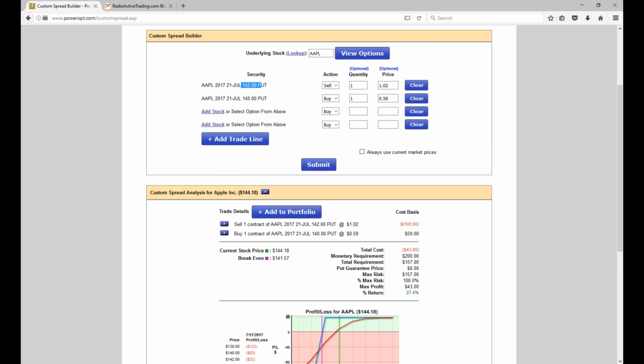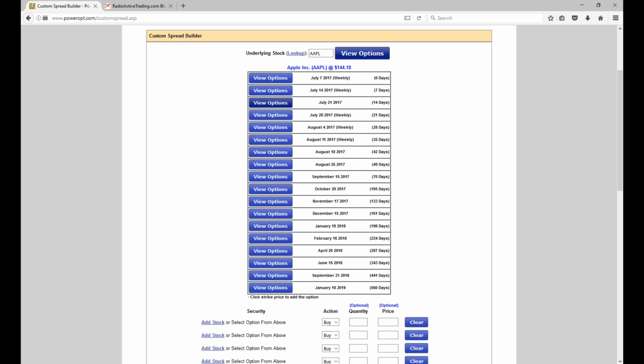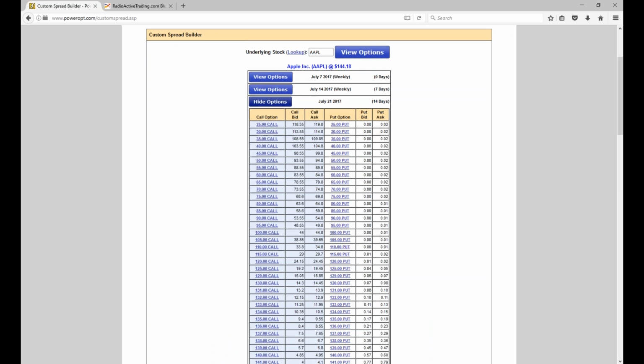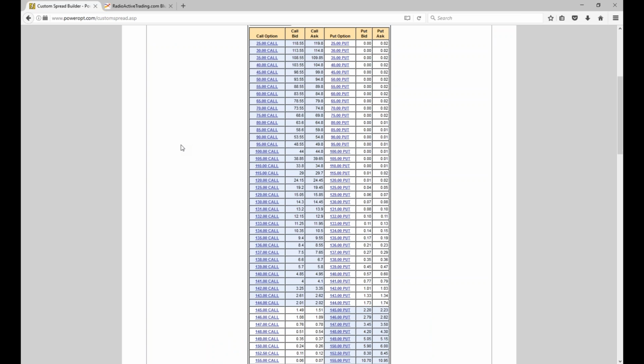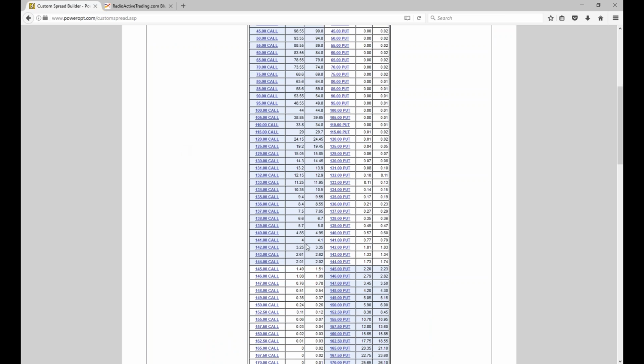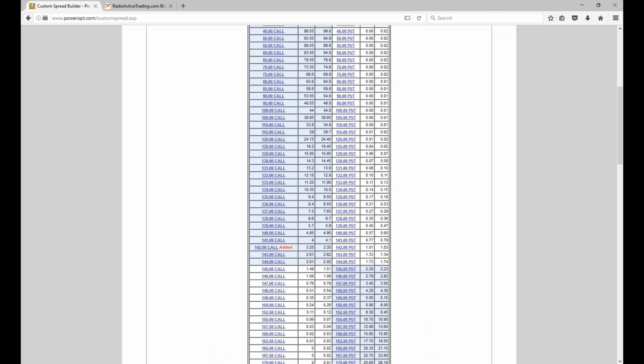So rather than selling an out-of-the-money bull put credit spread, where I'd only risk assignment if the stock fell below 142, I could choose to enter a bull call debit spread. I would do the same strikes, the same structure, but I'm using in-the-money calls and paying a debit instead of out-of-the-money puts and getting a credit. Okay, so let's sell the 142 call,